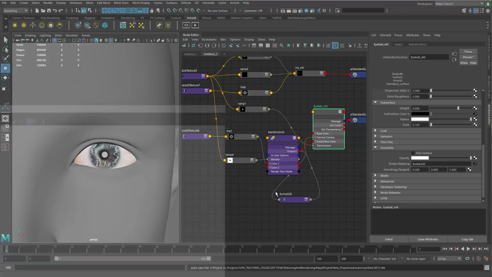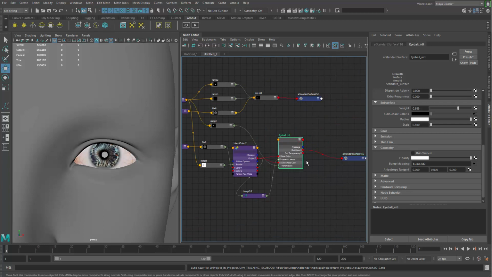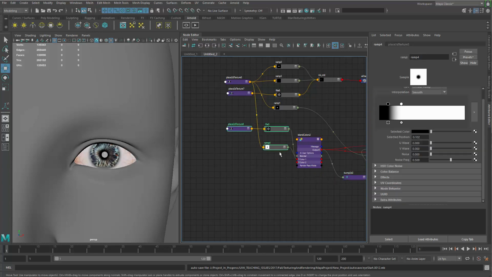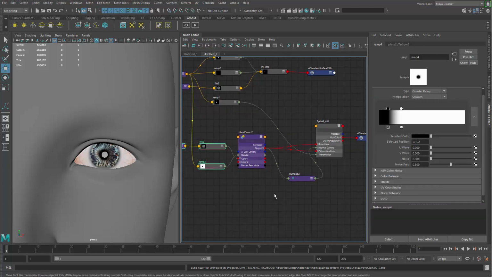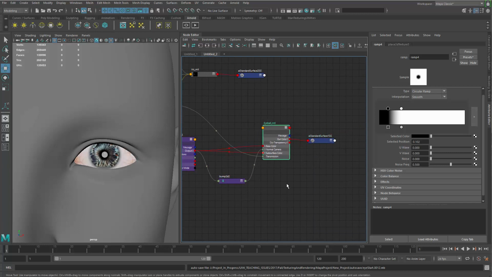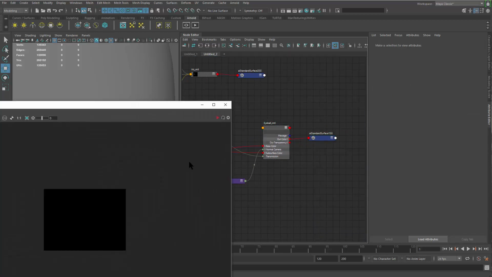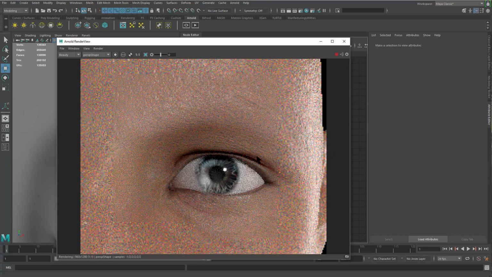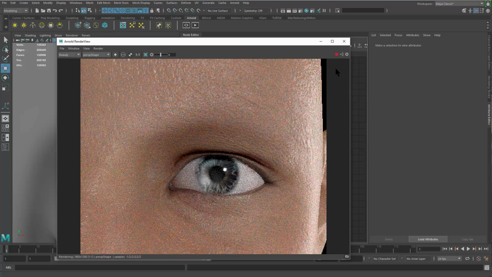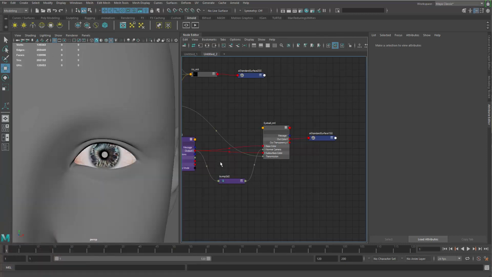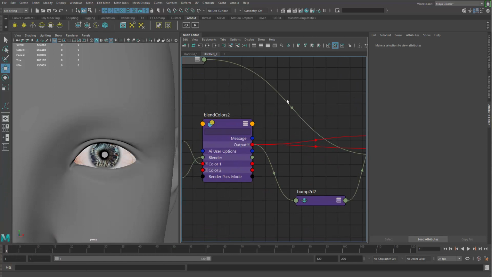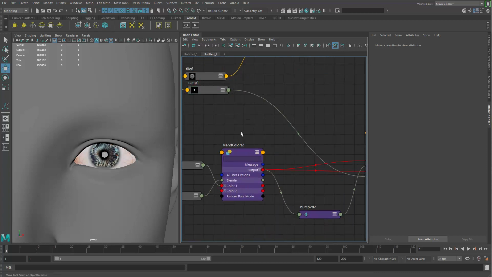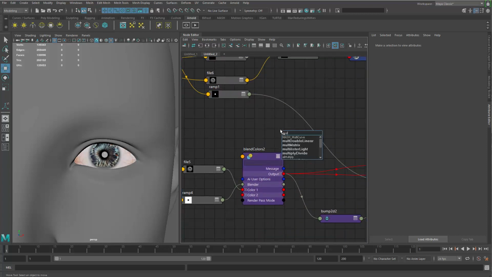Let me close that. So I'm pretty much done with the eyeball texturing and material, but you can fine tune more if you want to create more controls, like for example the things I was mentioning in the render, right? What if I want the edge to have more red color? That's something that happens in real life too. If I want that, I need that color to be multiplied by some red color on the edge. So let me go create a multiply divide